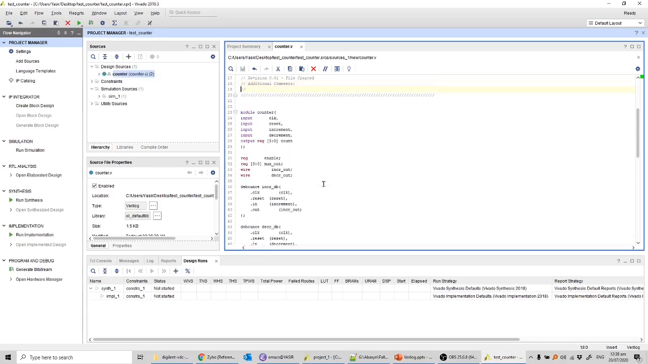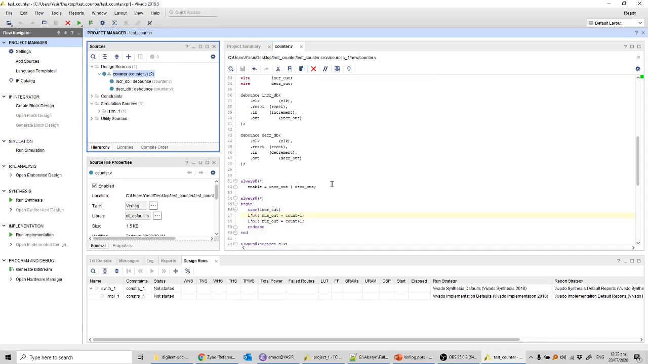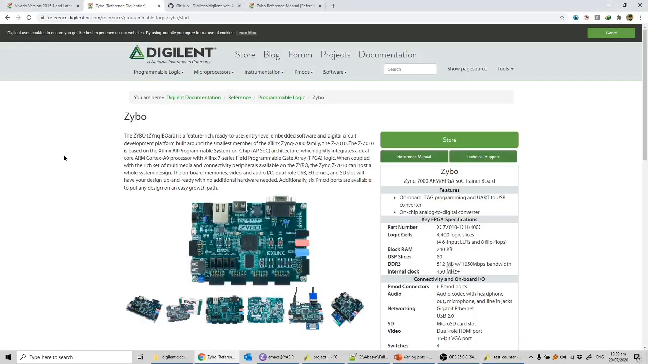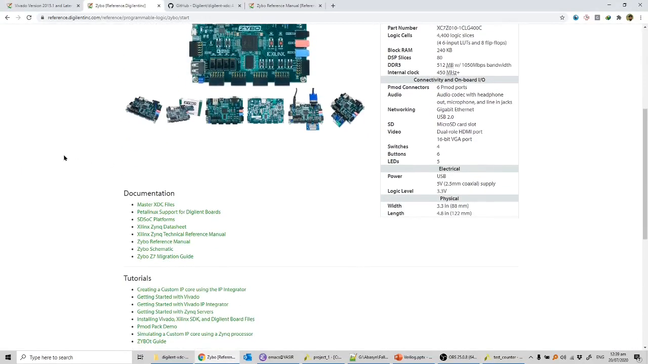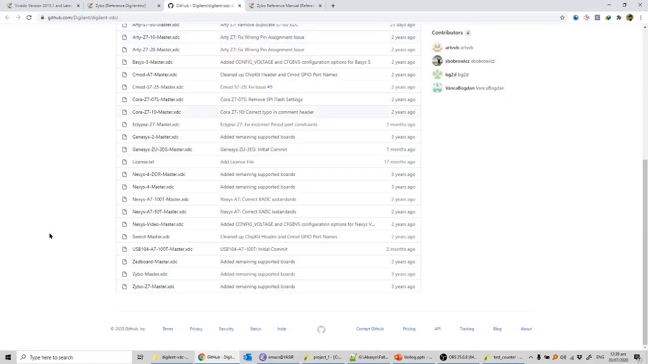So this is the first thing that we already know, how to add files to a project, but the main thing is that we also need to connect the pins in an XDC file. So first of all, where to get that XDC file? Whatever board you have bought, normally the vendor gives you a master XDC file. So if I search it on Google, here is the page for Zybo, and here you can see master XDC file. If I click it, it will open this